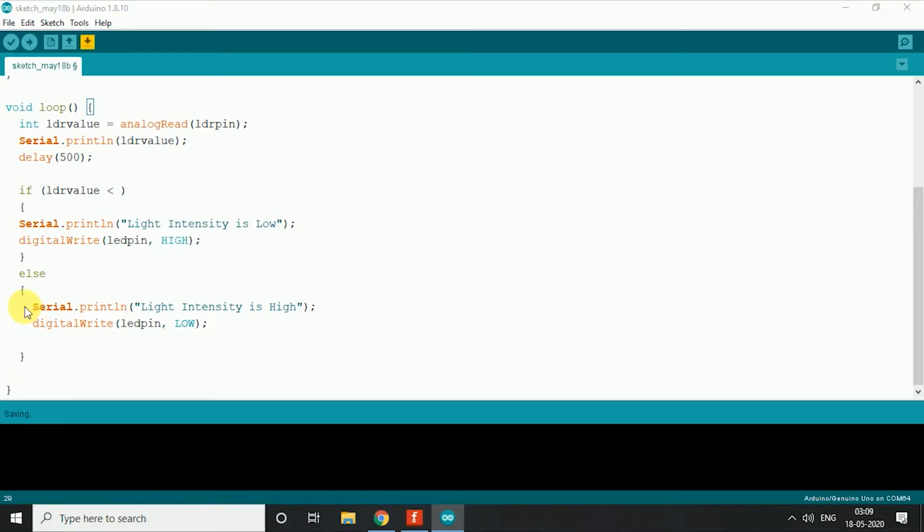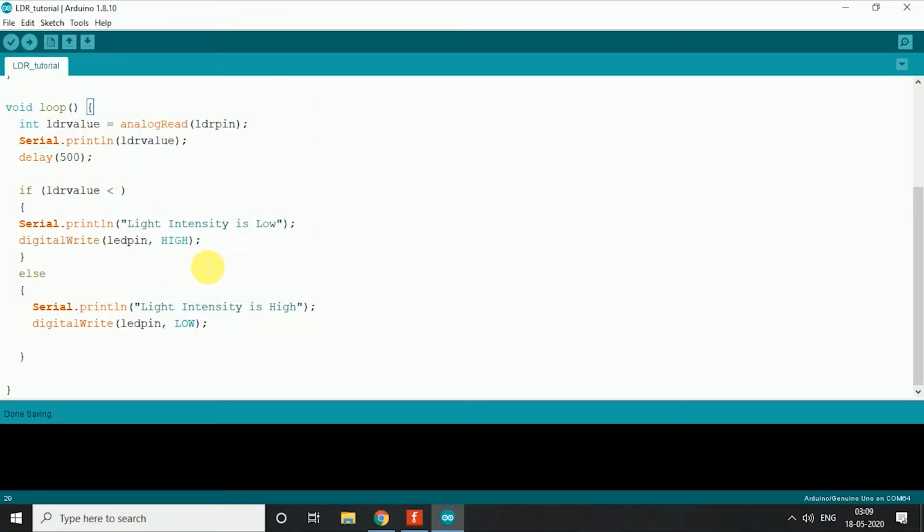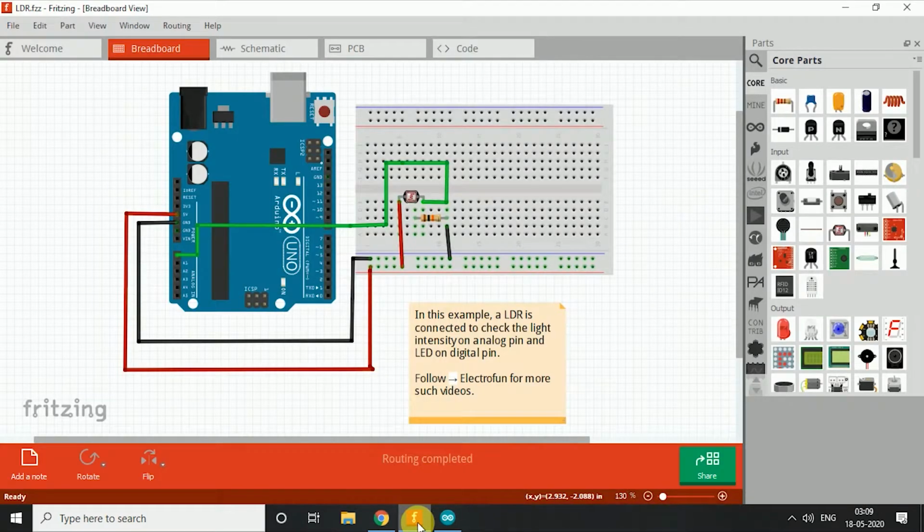So we'll just save this LDR tutorial and check with the connection diagram and understand how the connections are done. Now, as mentioned earlier, this is an analog sensor, and you need to connect the sensor in such a way that the pull down mechanism or pull down resistor concept will be used. Now this is explained in my earlier videos, so you just go and check the videos. What I have done is I have connected a 5 volt directly to one pin of the sensor. The other pin is connected to the analog pin, and via resistor it is connected to ground. So these are the connections.